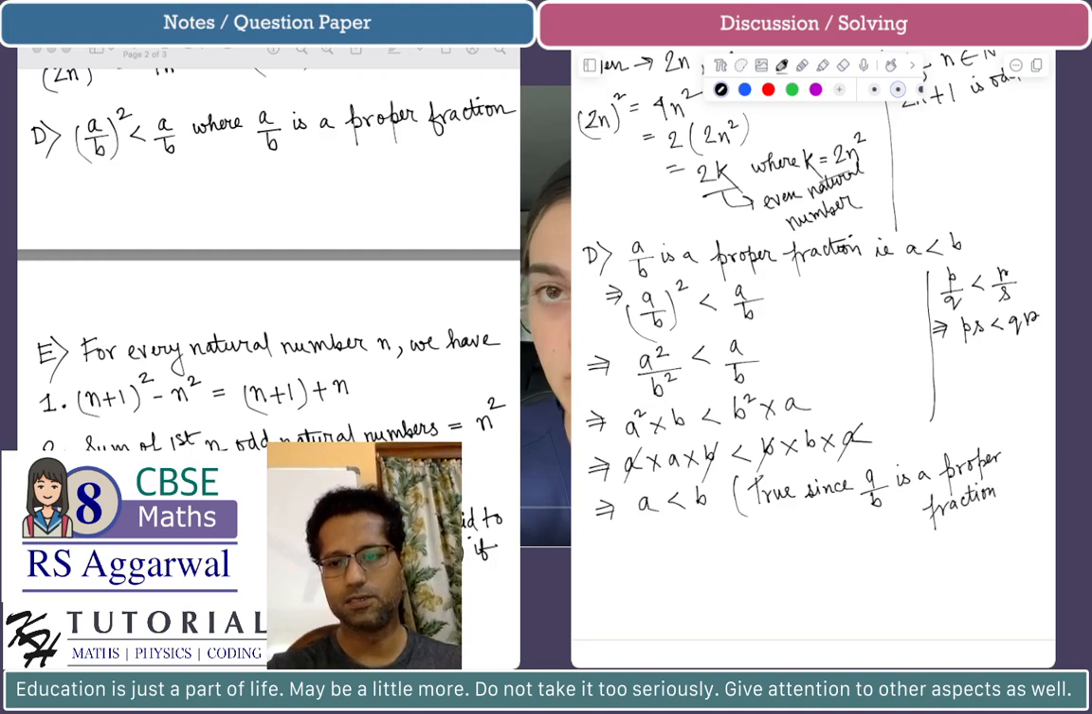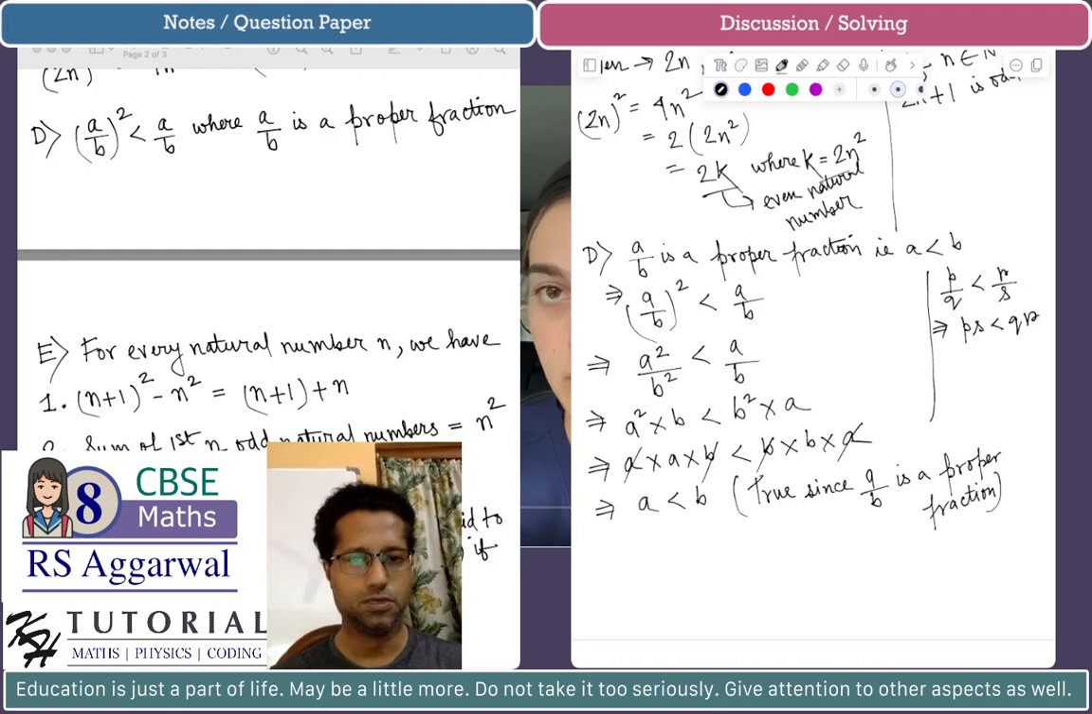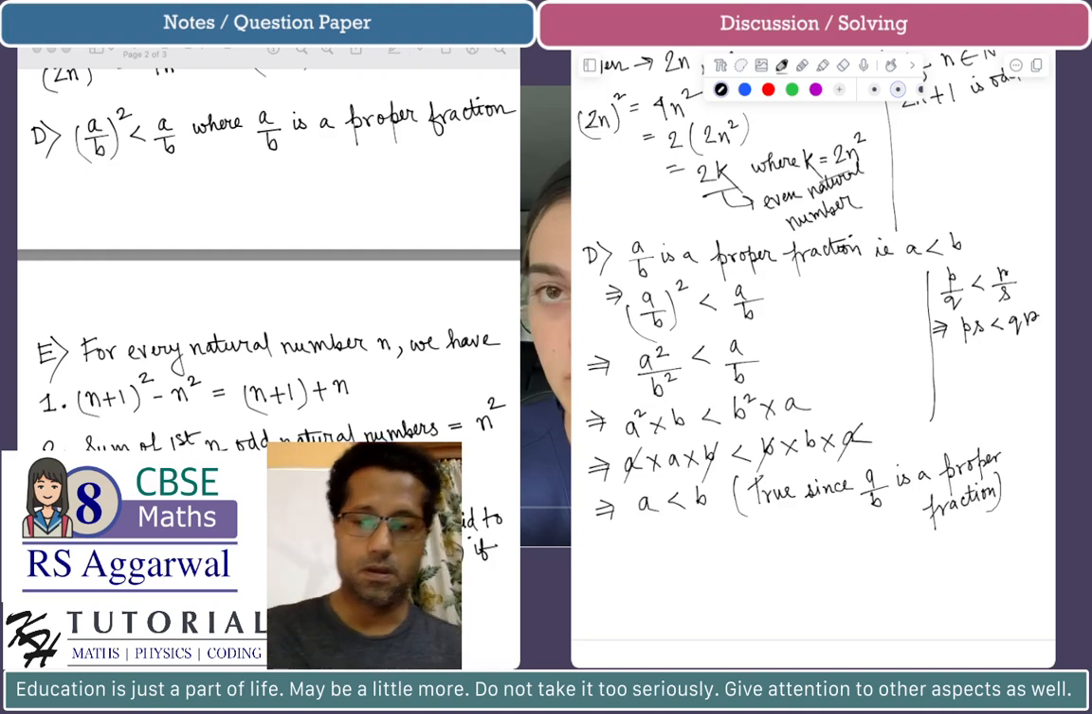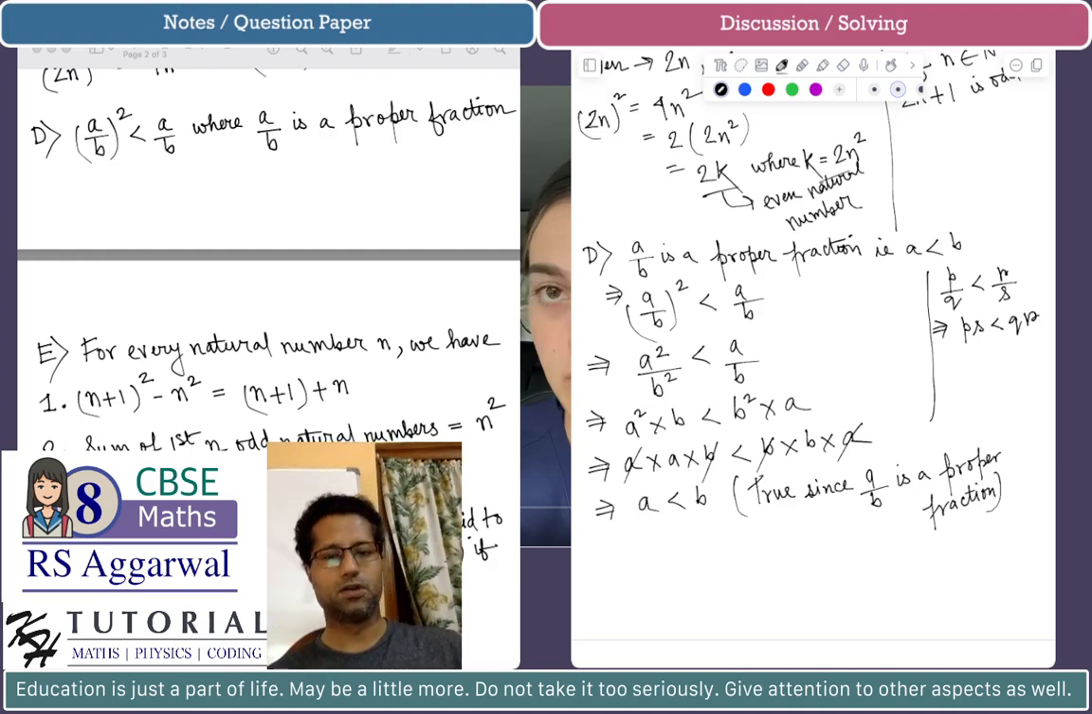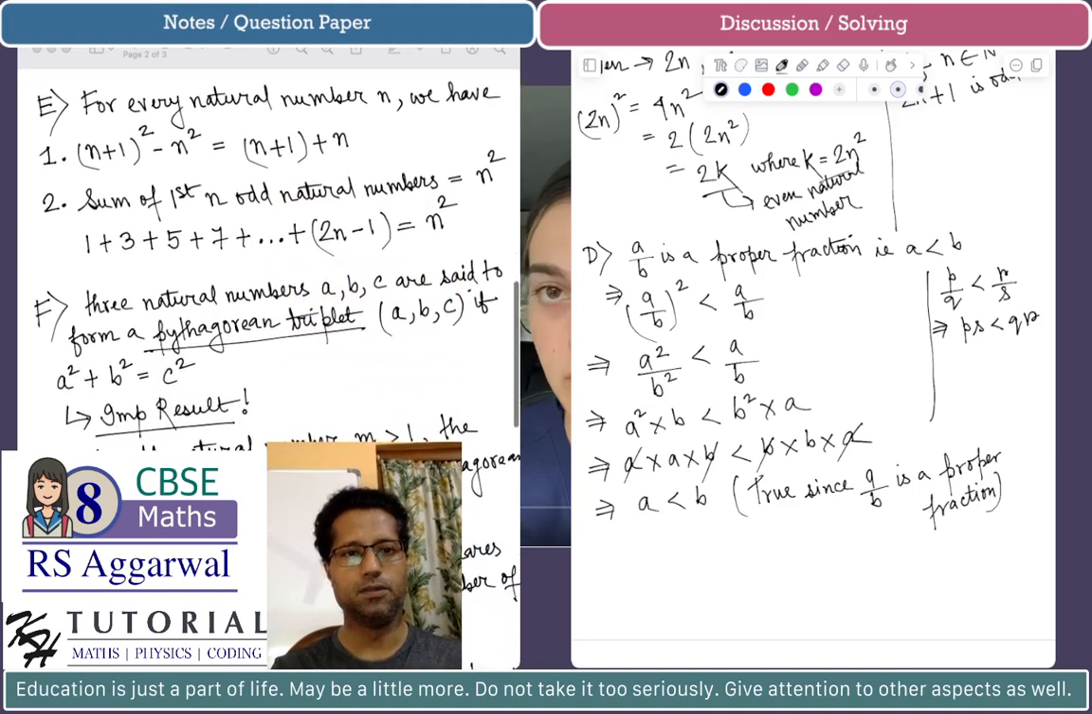So we can clearly see that if A is less than B, then A by B whole square is less than A by B. And if A is less than B, then the fraction A by B will be a proper fraction. So this is the very brief explanation of the fact that if A by B is a proper fraction, then the square of A by B will be less than the fraction itself, that is A by B. Okay. Next property